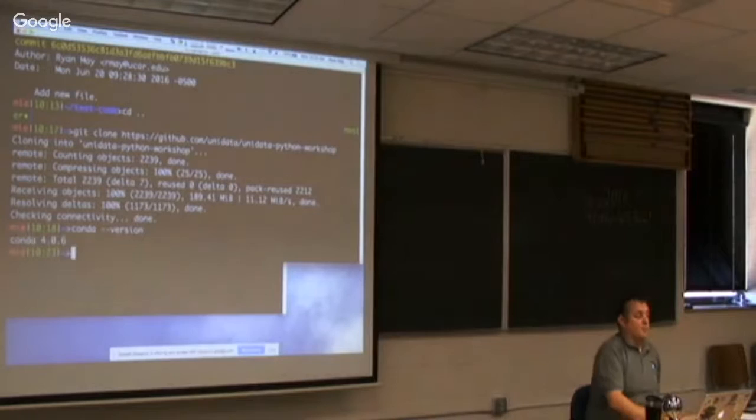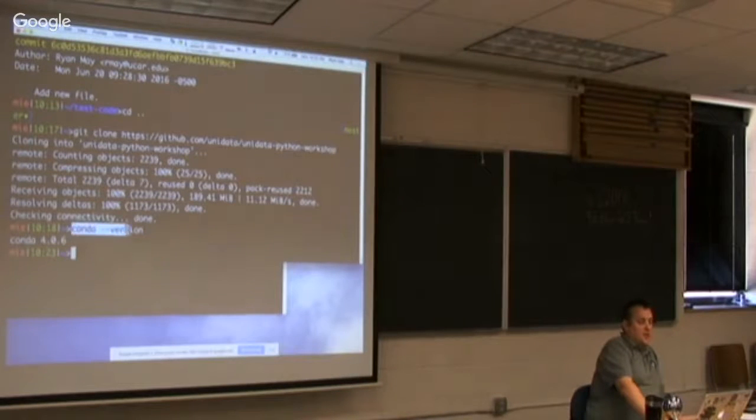If you have Conda installed, you should be able to do conda --version and get some kind of number out. The exact number does not matter here as long as you can execute that command and get something that's not an error message.